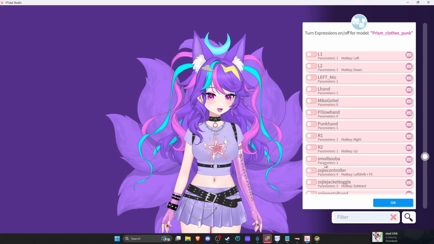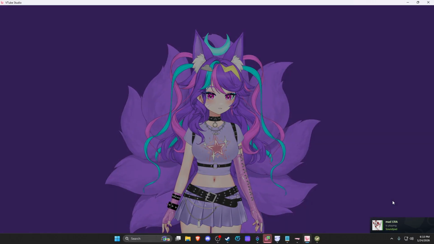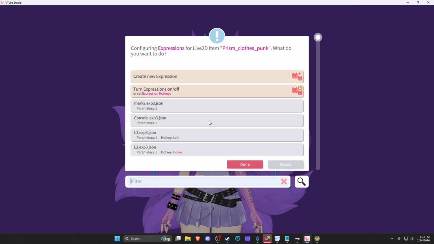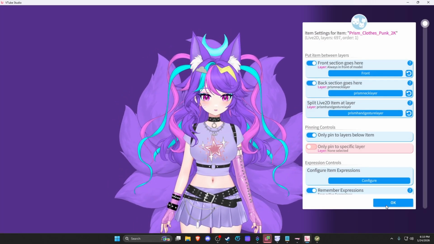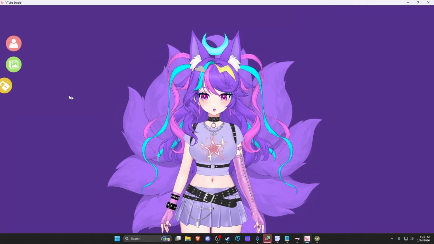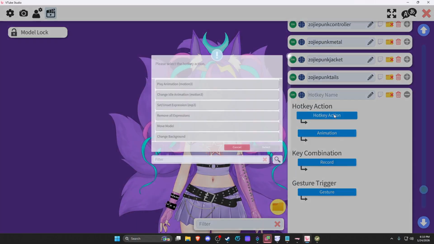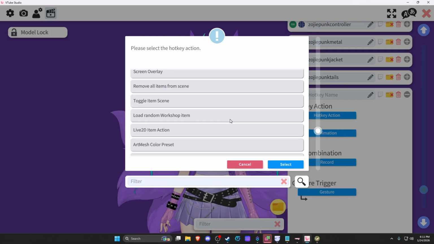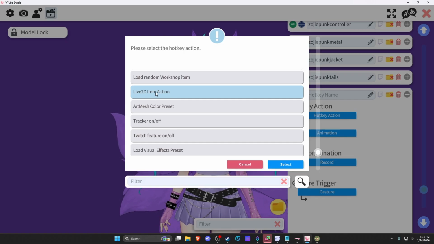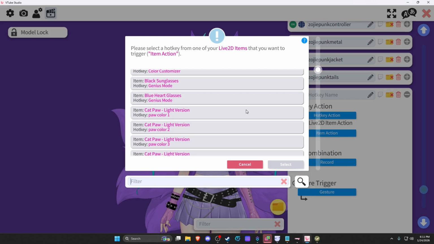Okay. And then, so if I were to put it on, I would say, okay, but I'm not going to do that. And then what I could do now that I have set that as a toggle is I could go back to my expressions now. In the expression editor, I could say hotkey action, and I could go set, unset expression. Actually, because that was a Live2D item action, I think. So that would be,